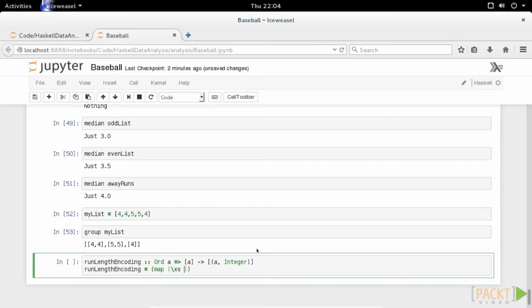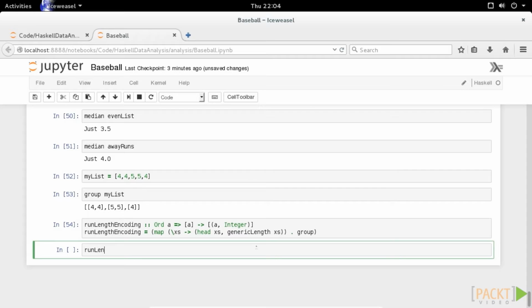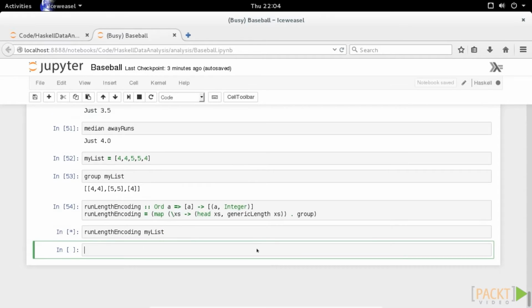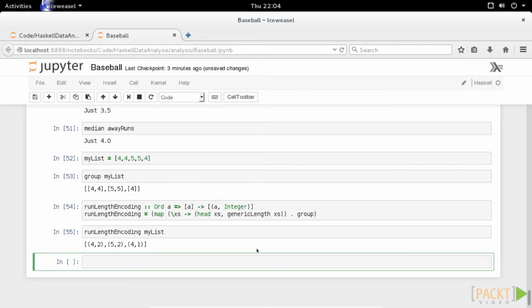With that sublist, we will first get the head of the list, and second, we will get the generic length of xs. Now, once we get that generic length, we're going to compute the group. So there we go. So if I pass in run-length encoding of our myList, I compute the run-length encoding of our original list,